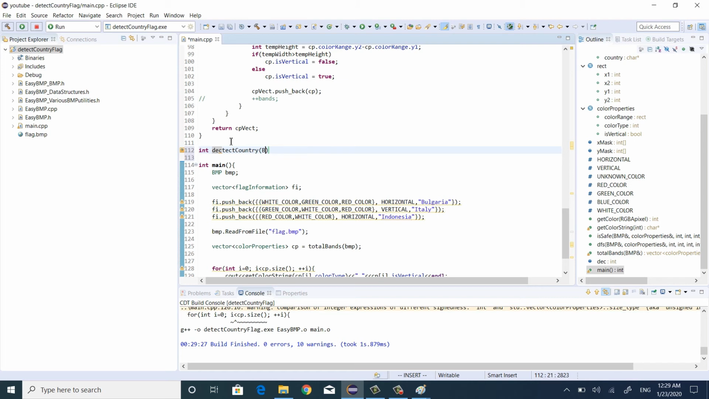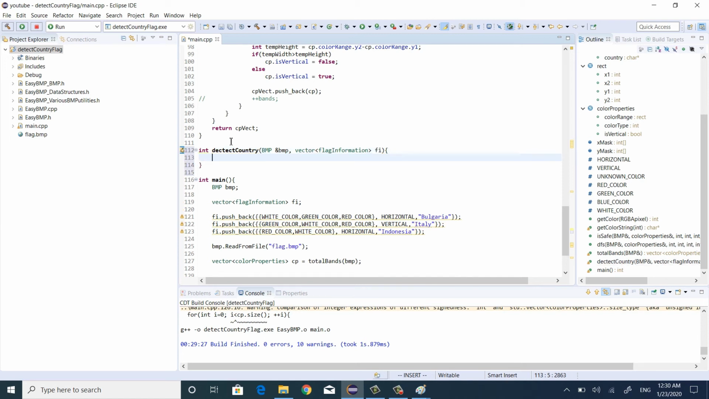Country, so BMP and BMP, and what else do we need? So we need now flag information, right? Flag information, let's call it FI. All right, and okay, so what do we need? Okay, so we gotta